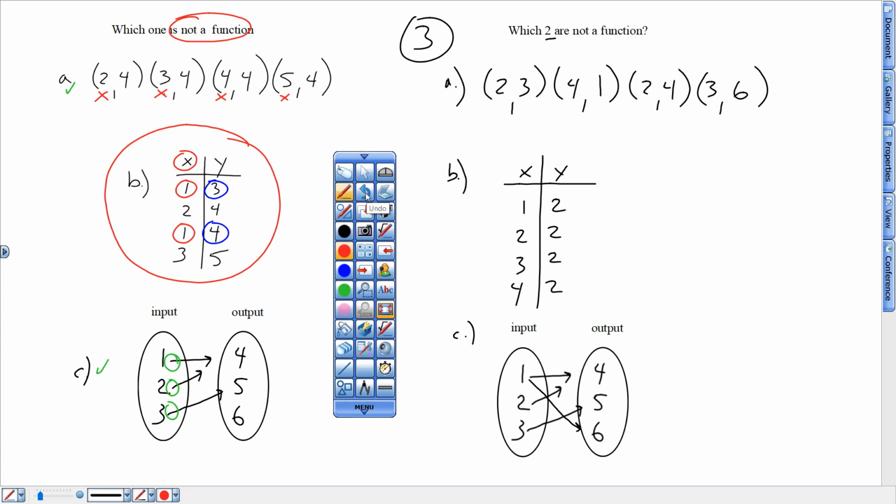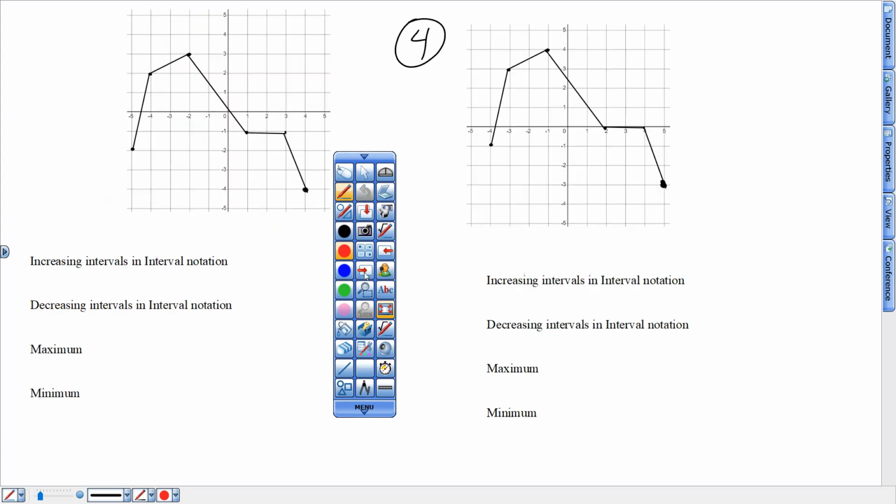I'm going to have you over here for this one identify the one that shows an input given 2 different outputs. Can't have that. All right. And again, for that, if I wanted my data up here to show an input having two different outputs, I would have maybe a 3, and then instead of 3, maybe spit out a 5. That would be an input spitting out two different outputs. Look for coordinates. All right, hopefully that helps. Do number 3. All right, number 4, the first of the brutal interval notations,